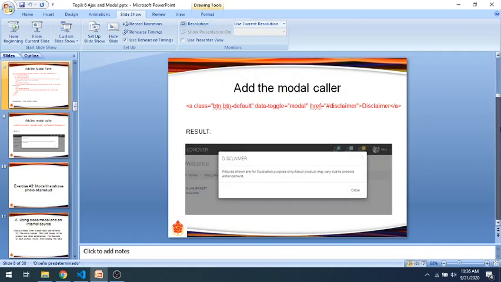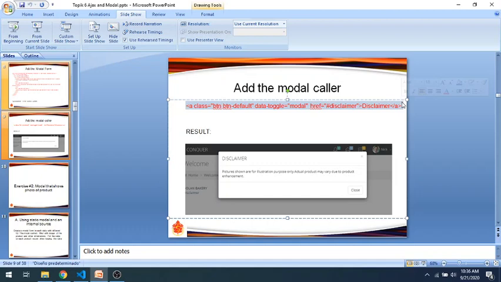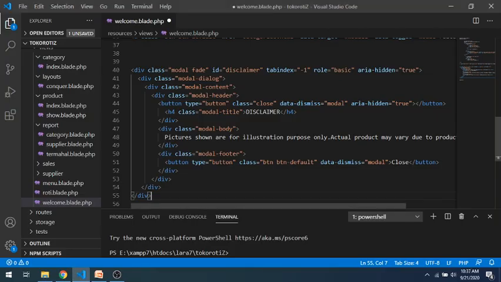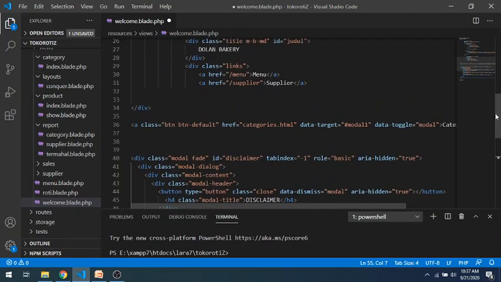We will call it with a button here. For example, we put it in the disclaimer button text, right here.